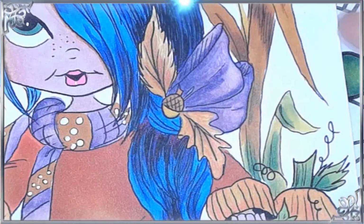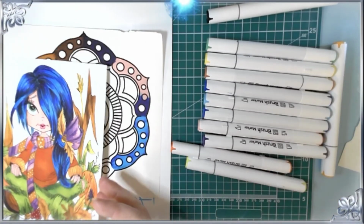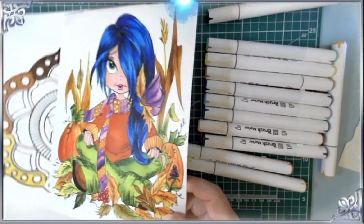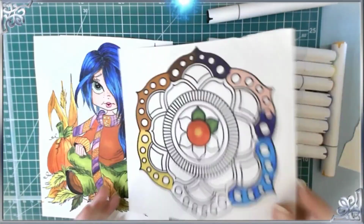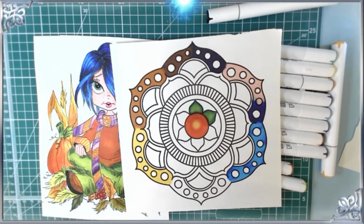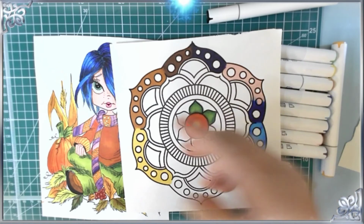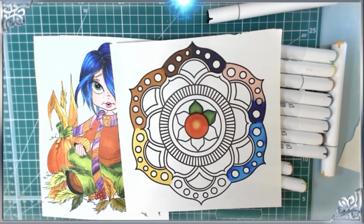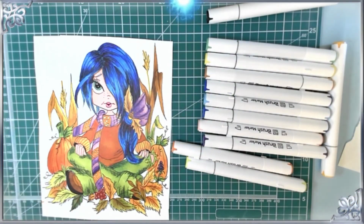The pink looks really nice and pink, if you go over it enough times. But all in all, a fantastic set of alcohol markers, and I thank Parkoo very much for sending them to me. I really enjoy them. I can't wait until you get a bigger set. We were able to get a pretty good mixture of colors there. So of course we've got our blues and our pinks, our browns, purple, yellows, into our oranges and greens. And they're fun to play with. They're fun to get a lot of color down really quickly. And if you play with them the right way and just experiment with them,